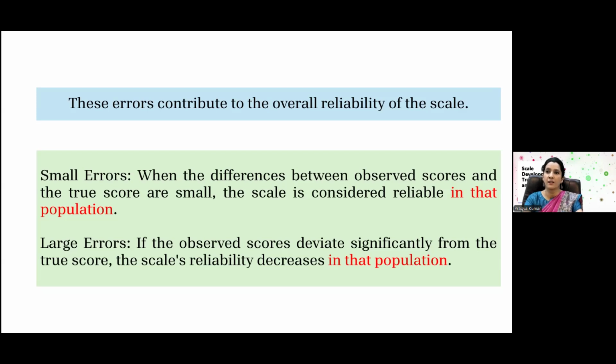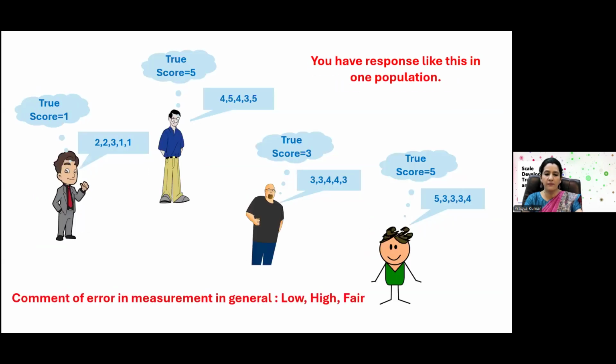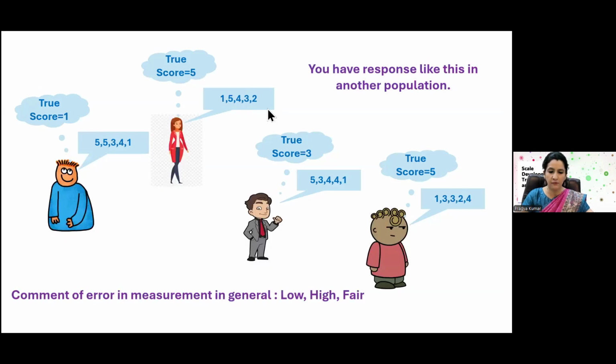Okay. So, we are not quantifying right now. If you see this, we are just trying to have a general idea of how much deviation. Let's say if you see this, it is deviating only like 1 or 2. Ideally it should be 5 for everyone. But if you see the other situation, here there is a difference of 4. There is a difference of 3. So the difference is more. So only on the basis of just seeing it, and without calculation, this is just to